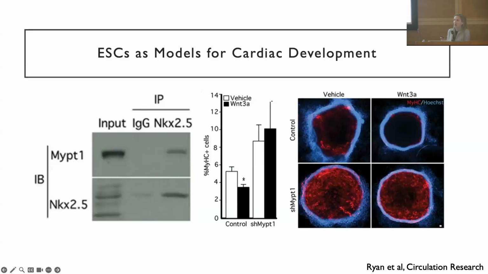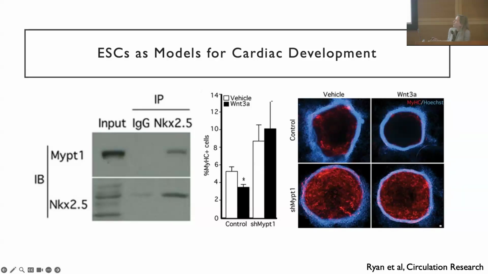And this is around the time when I started working in these cells. These are some images taken from a paper that I published during my PhD when I was working here at the University of Ottawa under the supervision of Dr. Ilona Skarians. And we were interested in looking at the molecular mechanisms underlying some of these signaling pathways and how they drove cardiomyogenesis in these cells. Particularly, we were interested in Wnt signaling and how Wnt signaling impacted cardiac development, because Wnt is a bit weird in that we know early in development it promotes cardiomyogenesis, whereas later it flips to actually being inhibitory, and we were interested in that transition.